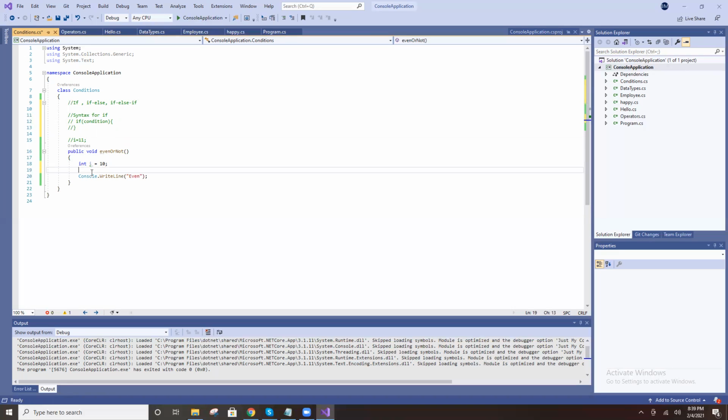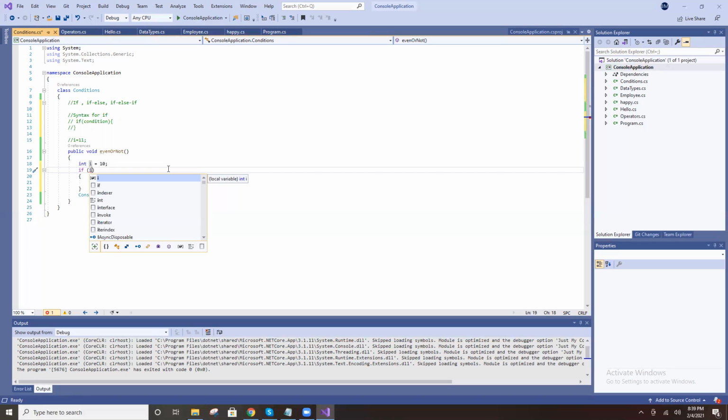You put one condition here. I is 10, right? Even number means I divisible by 2.